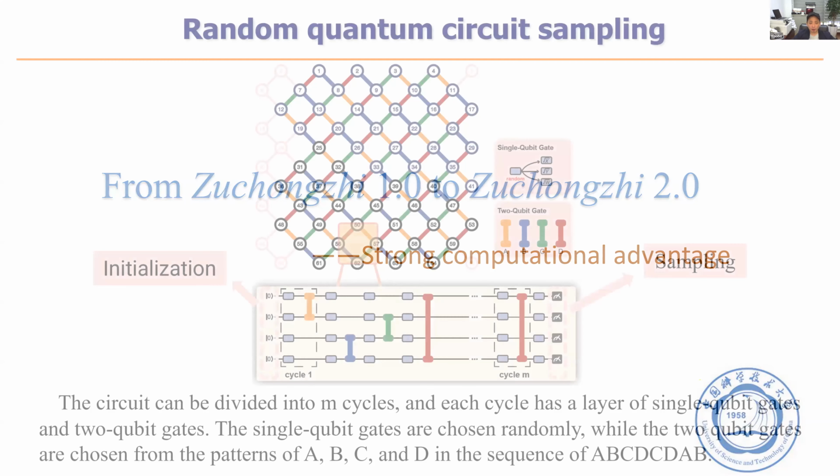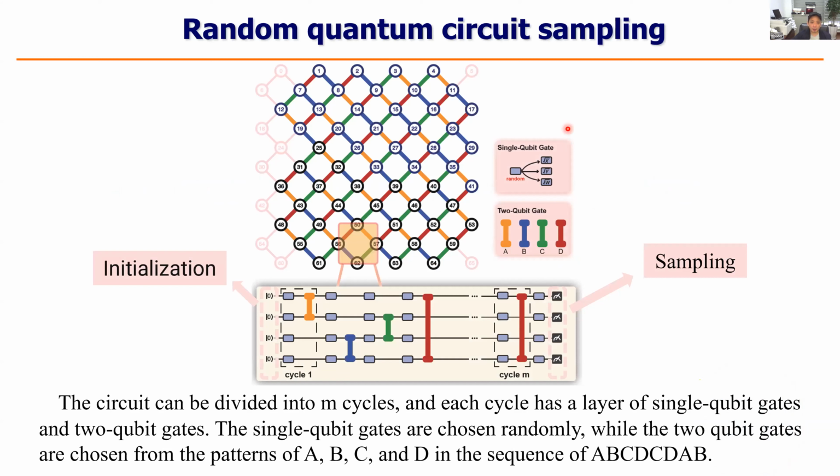Before I talk about the quantum advantage, let me briefly show what the quantum advantage problem, the random circuit sampling problem, is. In fact, we randomly run a lot of gates on each of the qubits, and after several cycles of random gates, finally we do a single sampling.